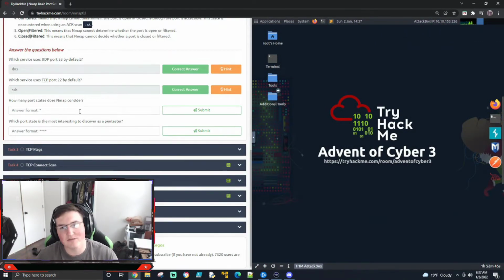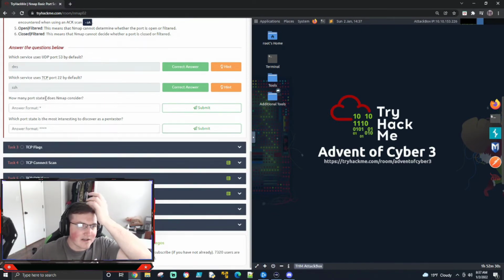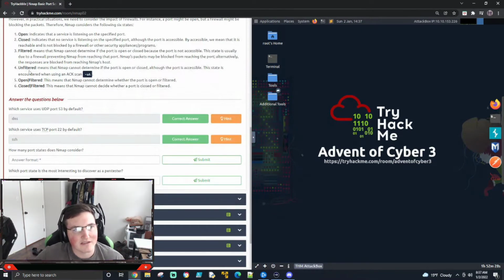I have no idea. This is why I said I don't really care for this box, because that's not relevant to this box, right? We're looking at basic scans. We don't really care what port is running right now. That's something else. But okay, so how many port states does Nmap consider? So you can see here we have the 6. Okay,